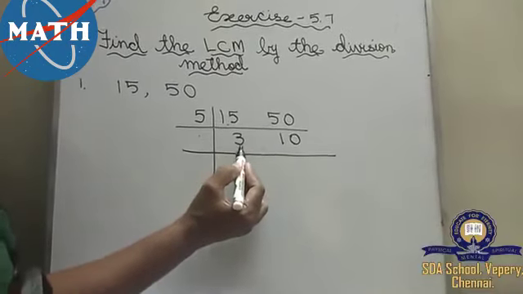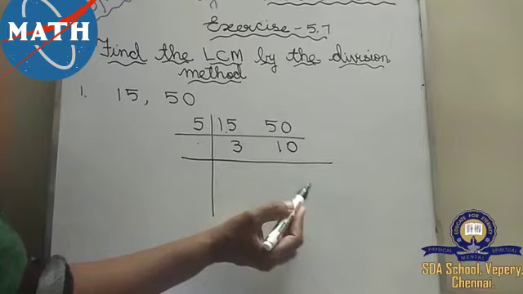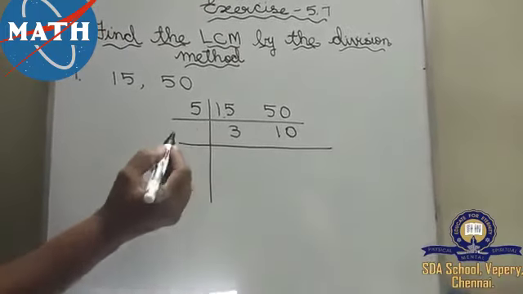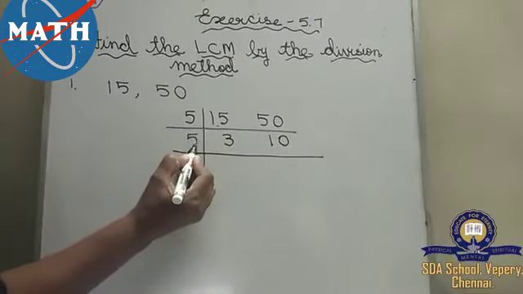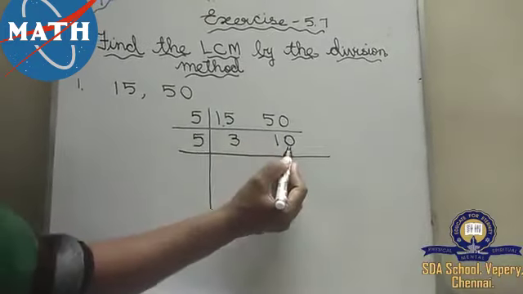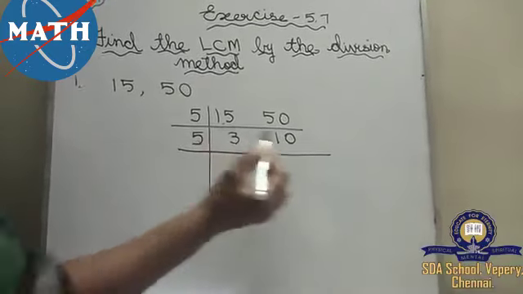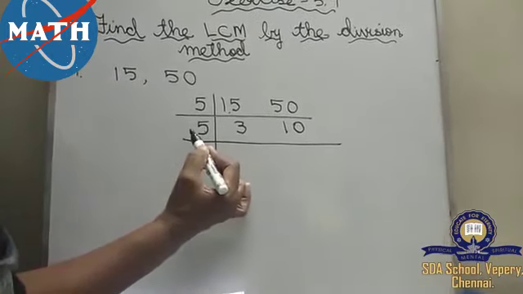But this is a prime number and this is a composite number. Isn't it, children? So we should not leave it as it is. First we can put 3, or first you can put the bigger number 5. See, 5 goes in 5 table, 10 goes in 5 table, because 5 2s are 10. But does 3 go in 5 table?